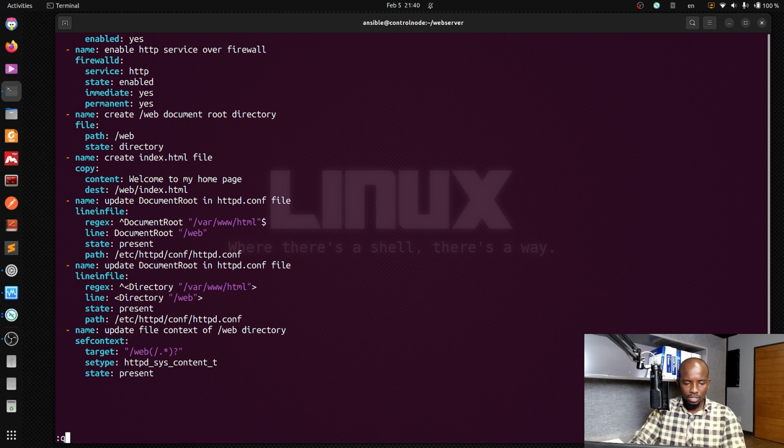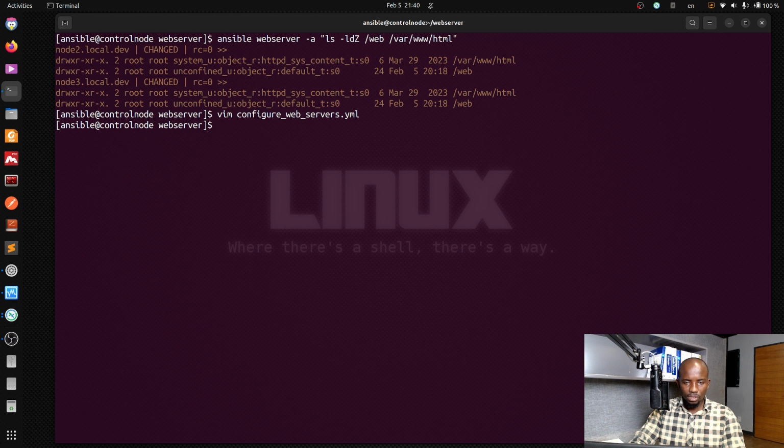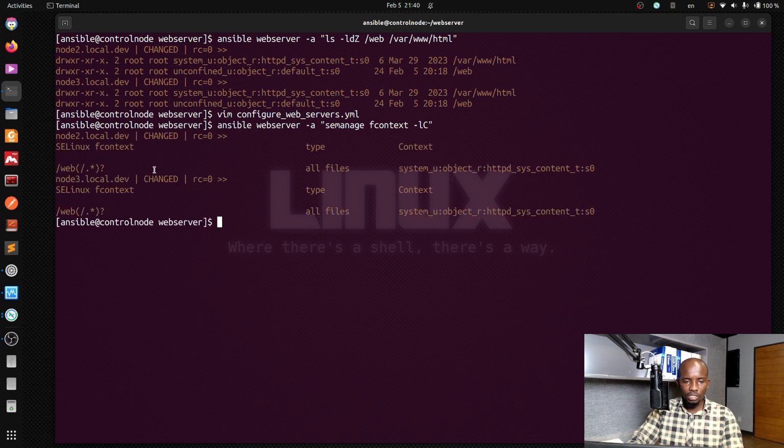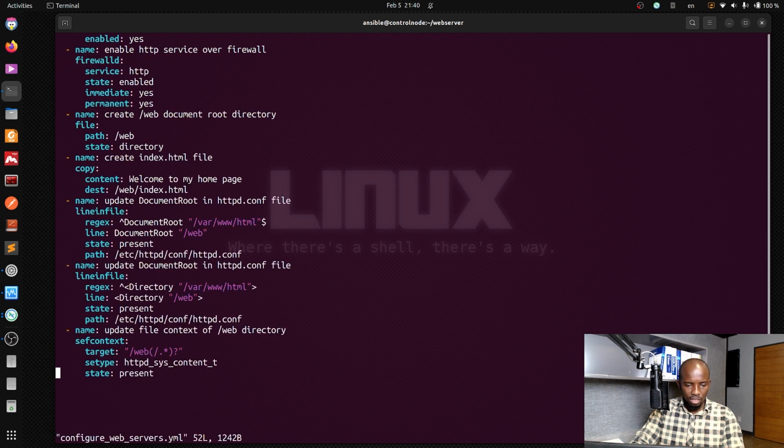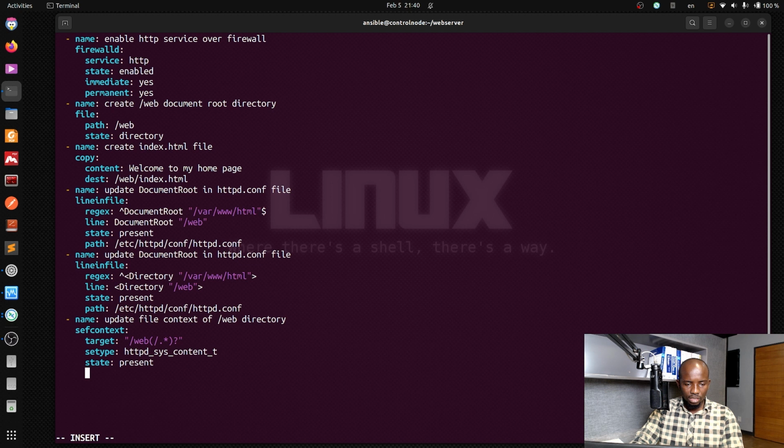On the SELinux profile, if I run semanage fcontext -lC to list the local configuration changes which I've already made, we can see that the web directory is already there but is not applied yet. For that to be applied, I must launch the restorecon command. So I would add a handler, or just add a task that is already run. Name: restore